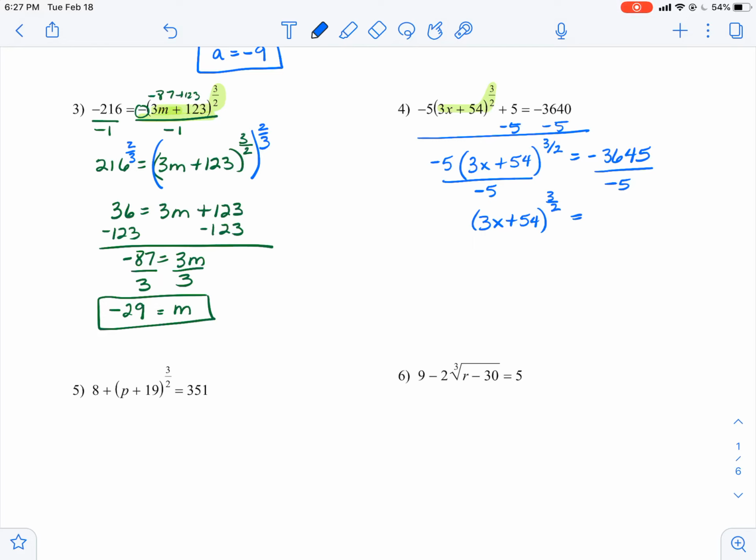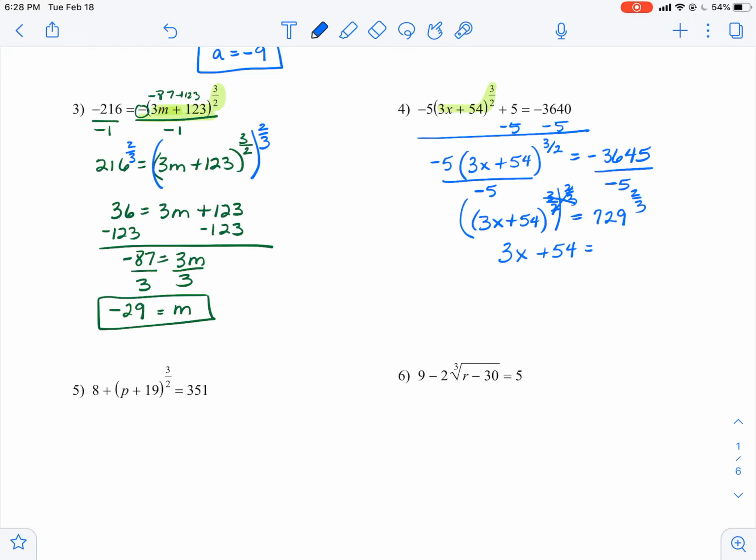So that's going to give me 729. Does that sound right? Trying to do that in my head. 3,645 divided by 5. Yep, very good. Okay, and then we're going to take this to the 2/3 power. Those cancel. I get 3x plus 54 equals, and I believe the cube root of